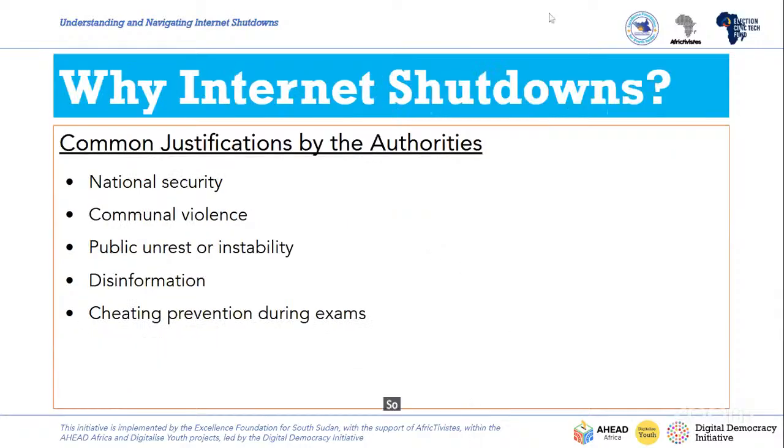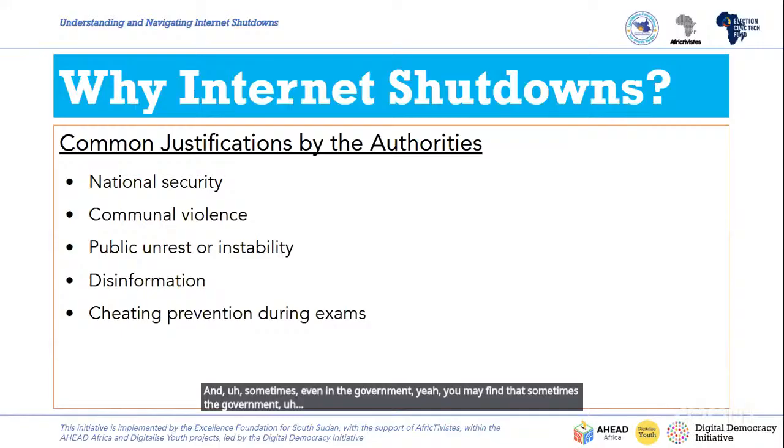So why internet shutdown? Why does the government implement internet shutdowns? At least to them, these are the reasons they have. One is they say they are doing it for national security. Sometimes you may find that the government is fair to shut down the internet.